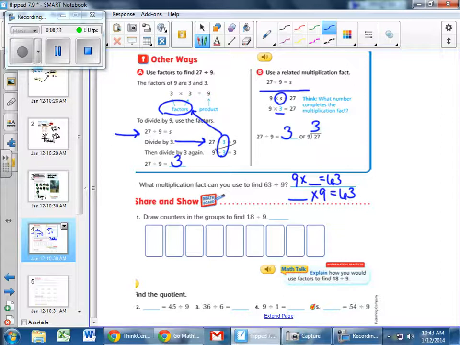Okay, share and show. Draw counters in the groups to find 18 divided by 9. First, I need to know how many groups I have. 1, 2, 3, 4, 5, 6, 7, 8, 9. Remember, your book should look just like mine. Now we're going to draw counters to find out 18 divided by 9. So we're going to start by drawing out 18 of them between all of these. So 1, 2, 3,